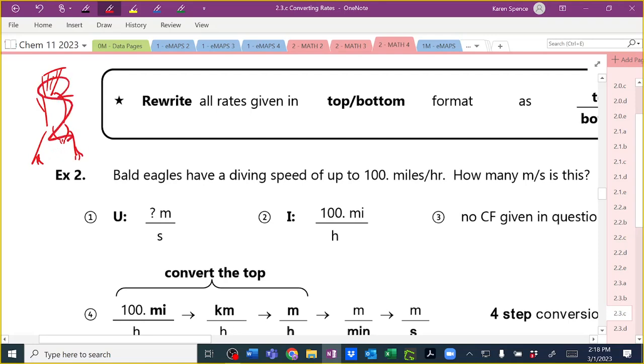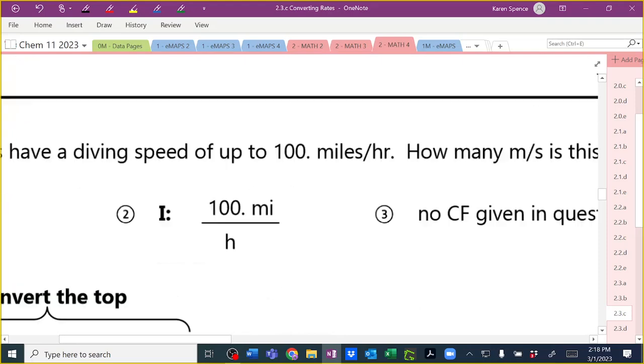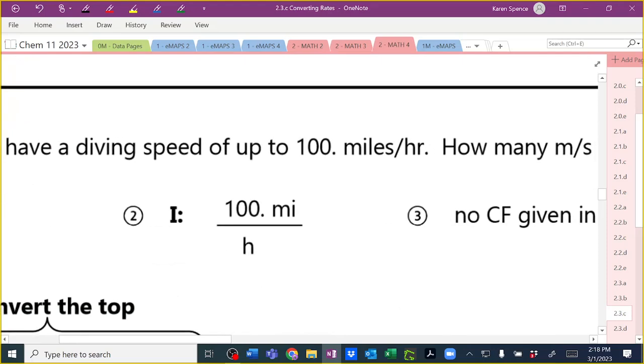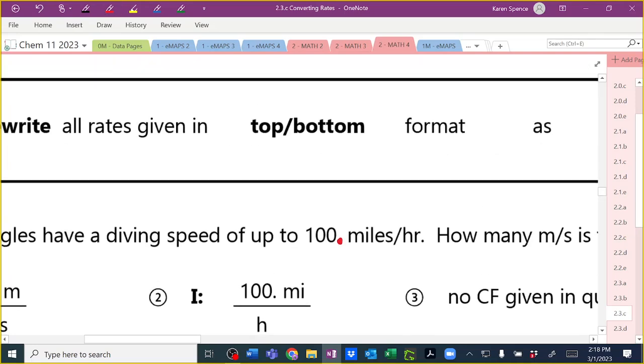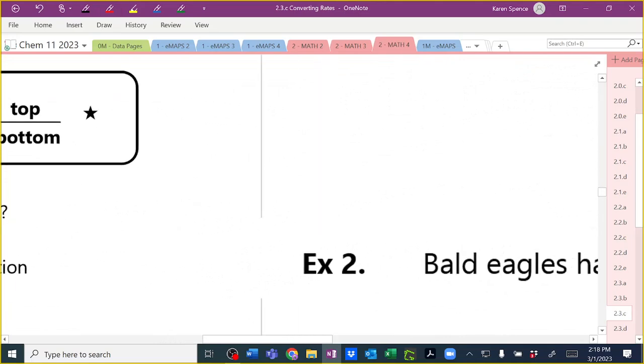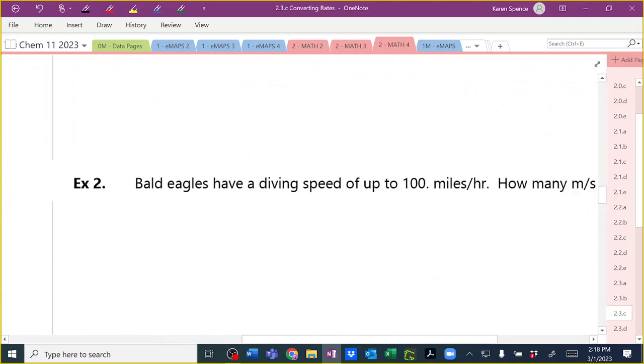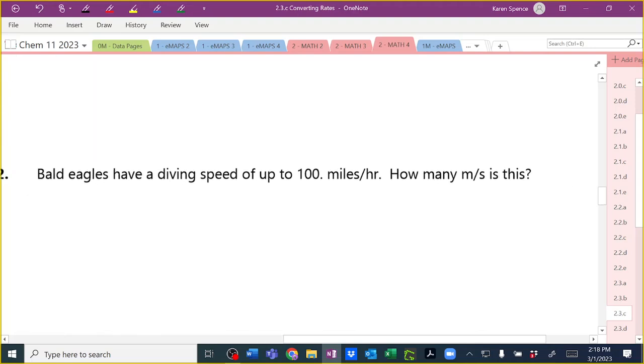Okay, we have a bald eagle, and he's diving at speeds of up to 100 miles per hour, and that's 100 with a dot. How many meters per second is this? I'm going to pop over here because I've got the question written over here. What is the first thing that we should do before anything else in this type of problem? We should make a path, definitely. A path is good, but even before that,